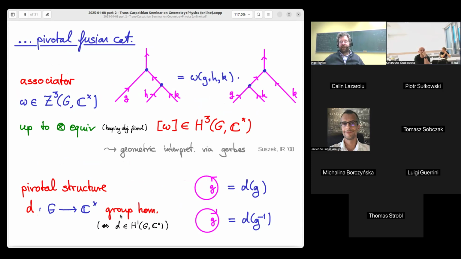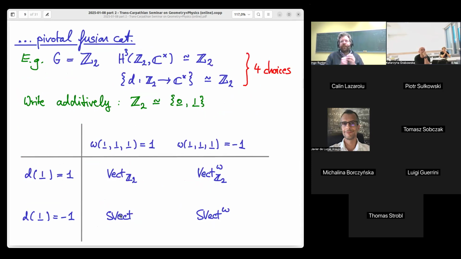So what that means is that if you say my quantum field theory in 2 dimensions has a Z2 symmetry, well, there are actually 4 ways in which it can have a Z2 symmetry if you realize it in terms of line defects, because there are 2 choices for this class in H3, so that is 2 inequivalent associators, but there are also 2 choices for this dimension factor. This gets a Z2. So there are 4 different ways in which a 2-dimensional theory can have a Z2 symmetry. And I've listed them here, and I want to talk a little bit about them.